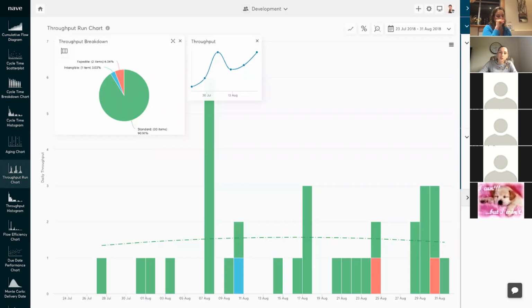The throughput run chart displays the throughput of your team on a daily, weekly, or monthly basis and compares its values over time. Each bar consists of colored sections representing the type of completed work. The throughput breakdown chart on the top helps you evaluate what kind of requests are demanding most of the time. It is especially effective when you want to emphasize the high volume of expedite requests or failure demand, for example,